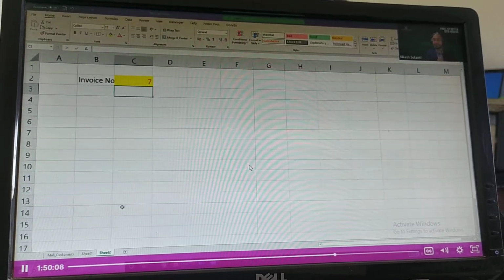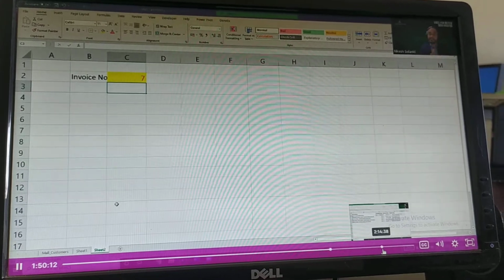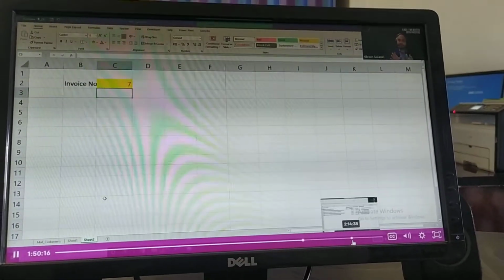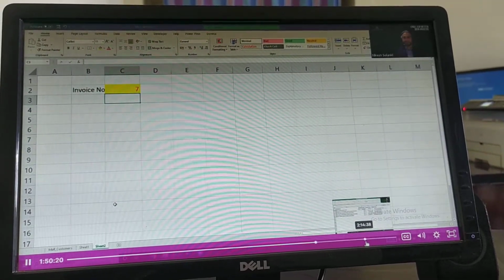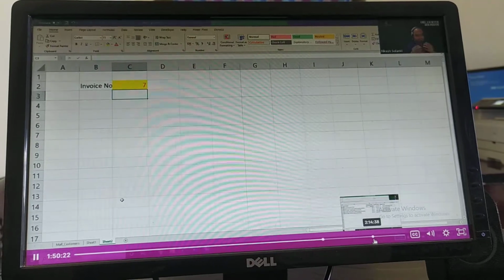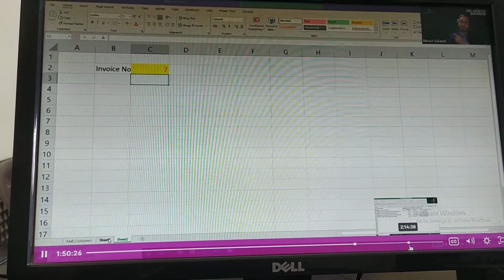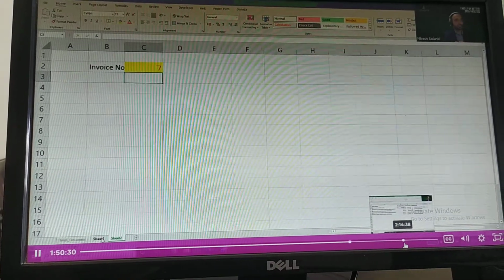Each and every one of you, all the new features that you see in Excel are basically created because someone like me or someone like you was doing jugaads, which the Excel team realized, and hence they are improving those features. So this is one of the jugaads that you can do. You can use this formula, MAX plus 1, and an auto number can be created. So your team will not forget.